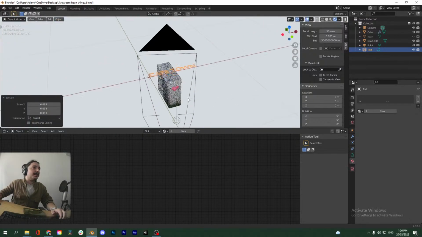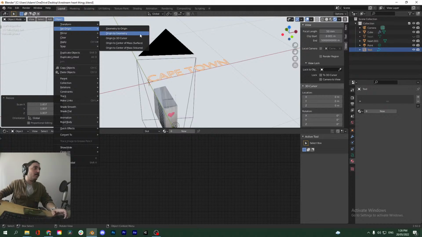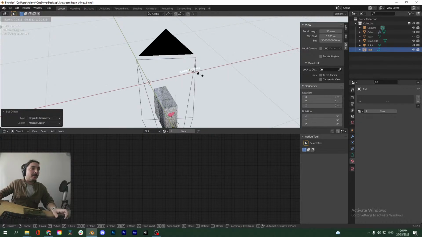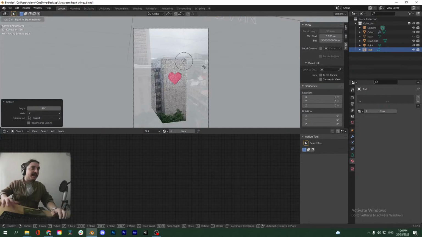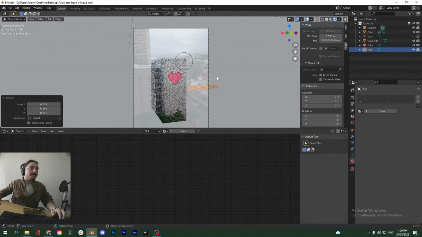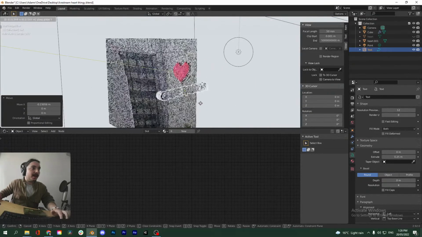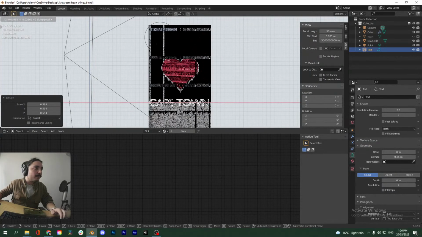As you see, I'm scaling from the origin point. If I wanted to scale from the center, I'd go Object, Set Origin, Origin to Geometry, and that sets the origin point in the center, so it scales from a central place the whole time. Okay, R X 90 to rotate that 90 degrees. Now we can bring this down, put it here, and align it with the building again. Like we did before with a curve object, we can extrude this in the object data properties. So go down to Geometry, extrude it a bit, bring it outwards, and then we obviously just want to align it nicely.